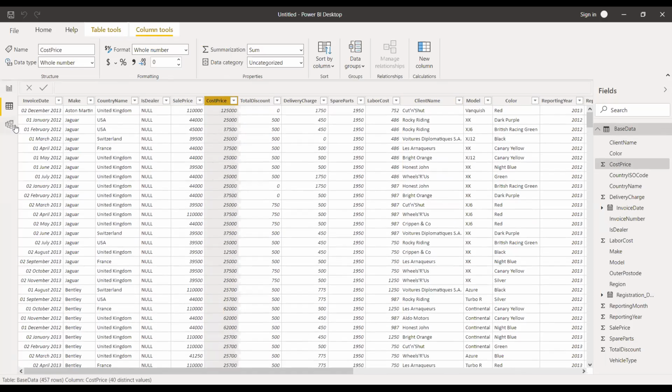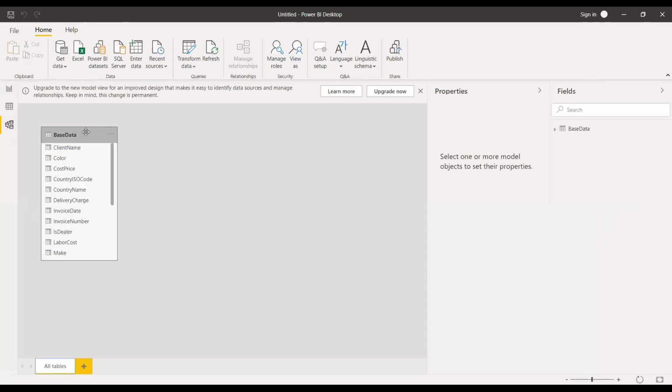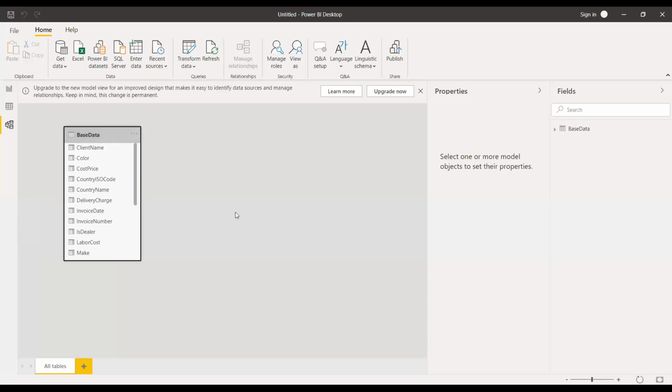Now I want to open the relationship view. What do we have in the relationship view? Only one table, because relationships are shown if we have more than one table which are associated with each other. If we have an isolated table, the table will still be shown, but no relationship will be there. Relationships will exist if we have one to many, one to one, or some other relationship among the tables. So in this data source, base data, we have only one table, which is shown here, and the name of that table is the base table.